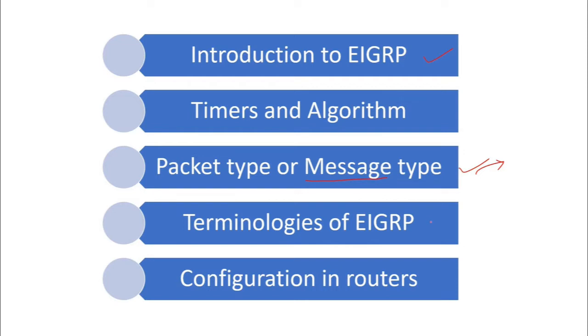And then I will explain some different terminologies of EIGRP. Obviously, whenever we have some routing protocol, we specifically use some terms for that routing protocol only. So we'll discuss some of the new words for EIGRP. And then after that, as usual, I'm going to take a lab session. I will show you the configuration, how we are going to configure EIGRP on the routers, and how it helps to build the routing table and topology.